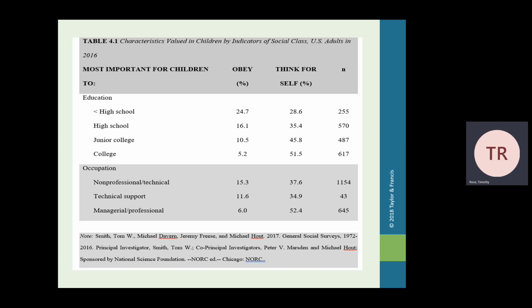Same thing in terms of education level. The lower the education level, the more parents within that specific level are going to agree that children obeying is the most important characteristic for children. So we're finding both with education level and occupational status, there's this relationship between how likely you are to say children obeying is the most important characteristic that they can learn,